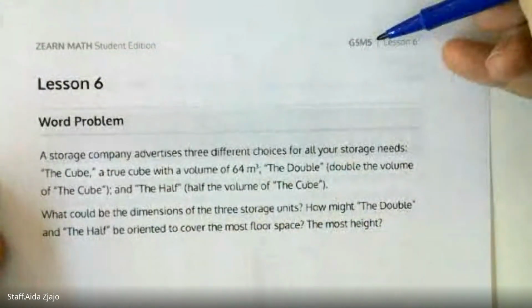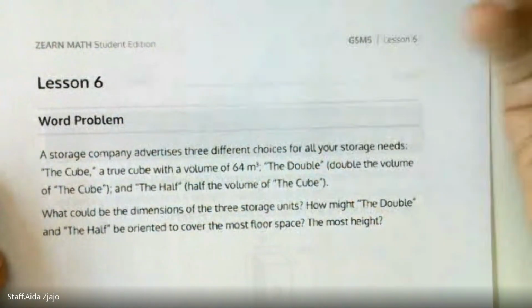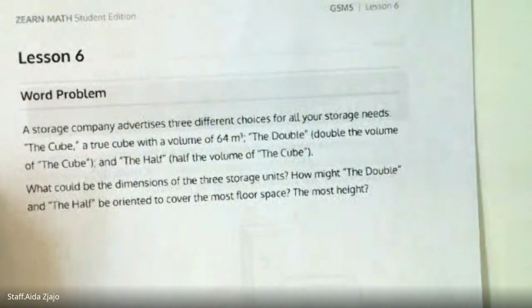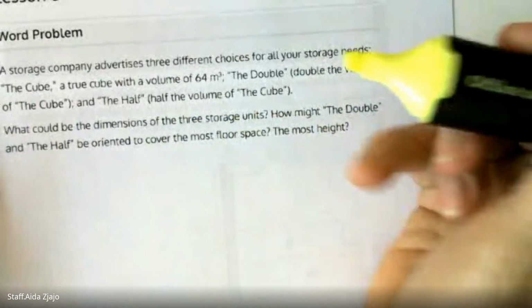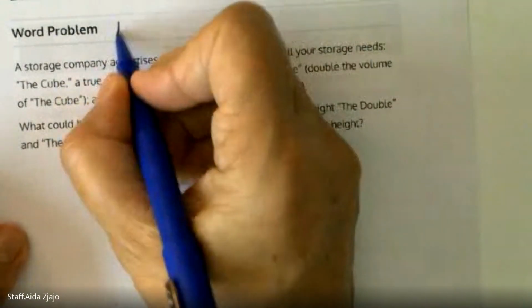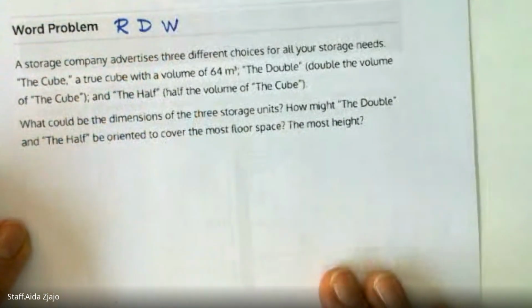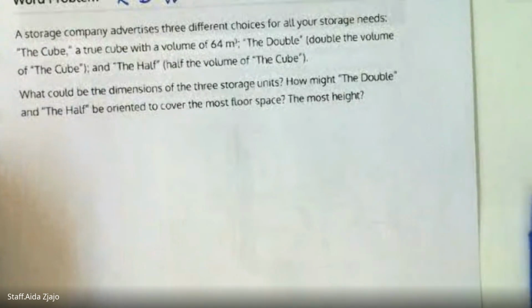Let's work. ZEARN Student Edition, Grade 5, Mission 5, Lesson 6, word problem. Okie dokie, let's see what they have. We're going to use the read, draw, and write strategy. A storage company